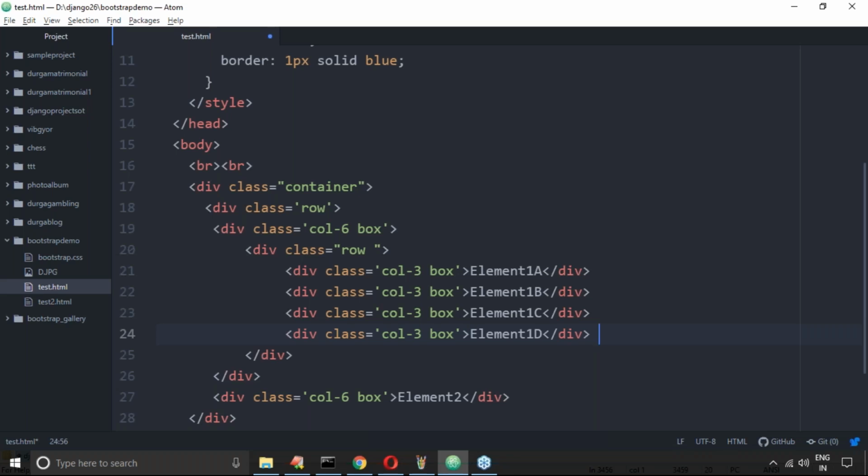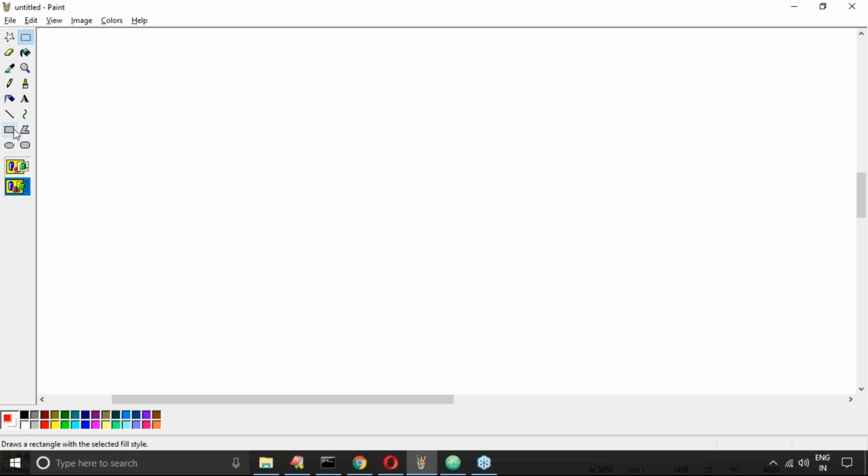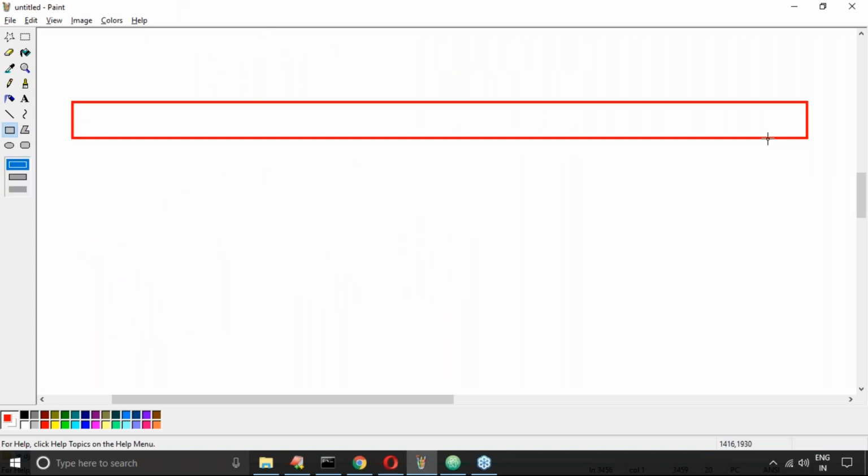Now how does it look? For your idea sake, this is the total 12 columns. These 12 columns are divided into two elements, first element and second element. But in the first element, again I took a grid. If you are taking the grid, 12 columns are there.